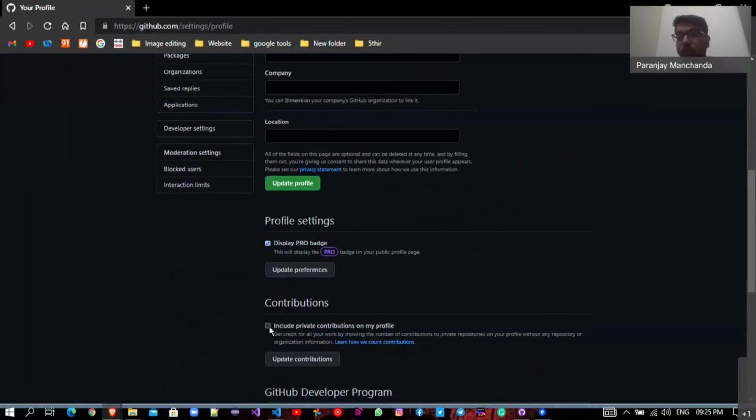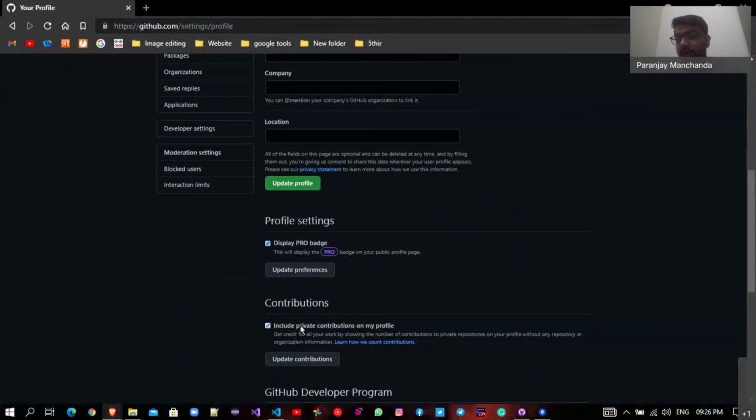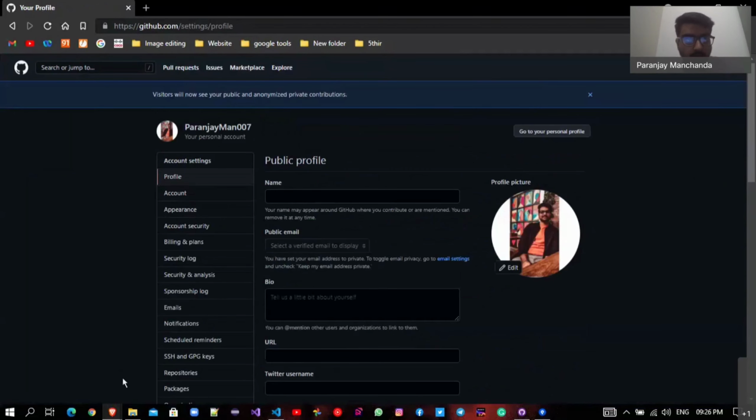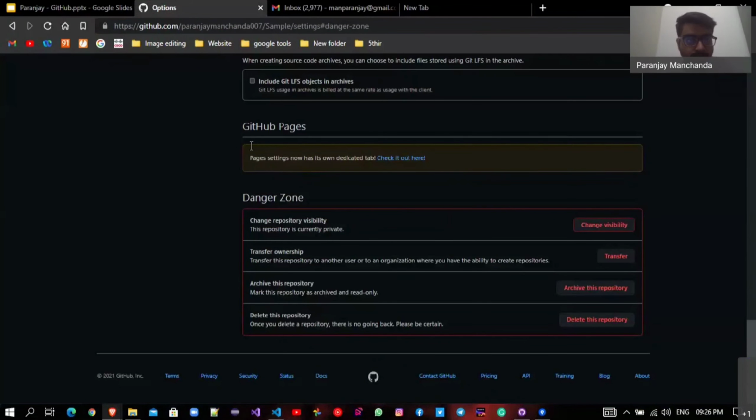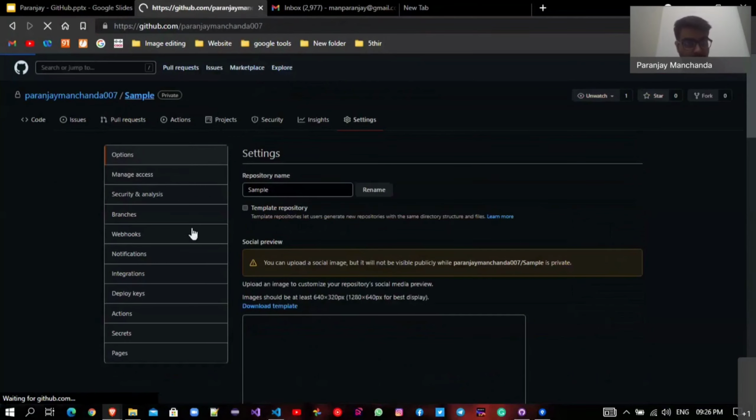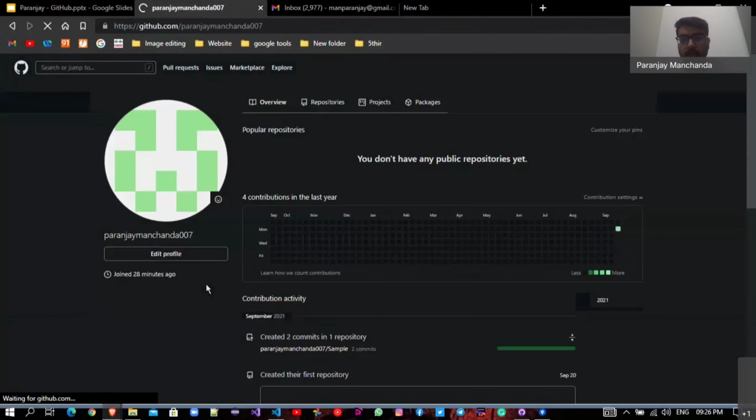So yeah, we have to check this box. Because this includes, if you want to add some private contribution or a profile, and it was not checked on my machine, so I just enabled it. So now I can add myself from here. Because of that, my email was not coming